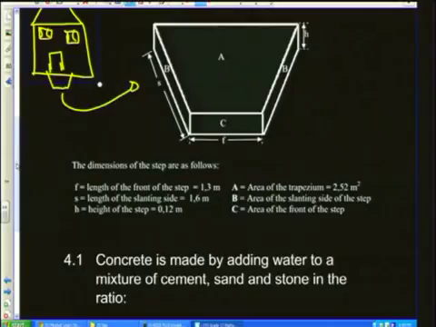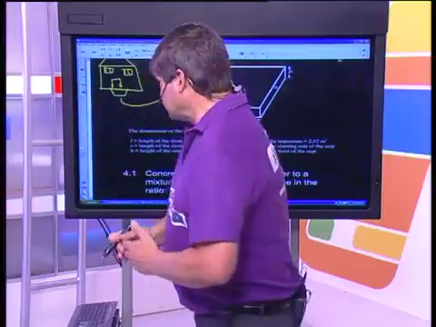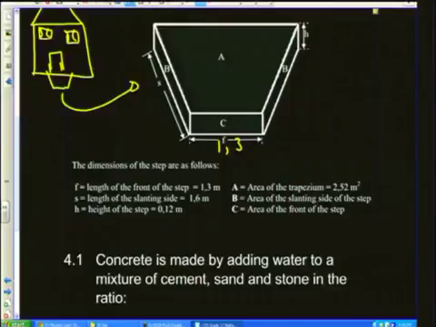Now, the dimensions of the step are as follows. F is the length of the front of the step, 1,3 meters. So we know this is 1,3 meters. Guys, I'd advise you do what I'm doing: put all the information on your diagram. It gives you a nice global picture of what's going on. S is the length of the slanting side, which is 1,6 meters. So we've got 1,6 meters over there, and I presume this is also 1,6 meters. Now, H is the height of the step. So our height of the step, there it is,